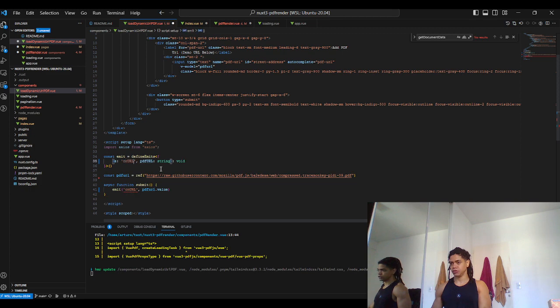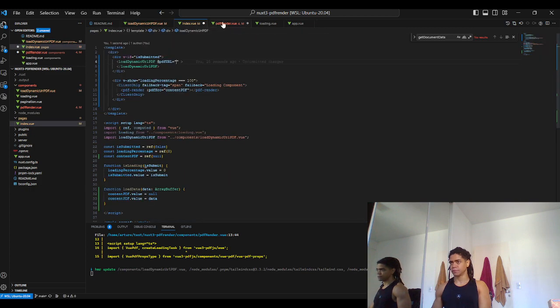You rename this on URL, and if you go to the page here, once you listen to that on URL, you're going to call a particular event